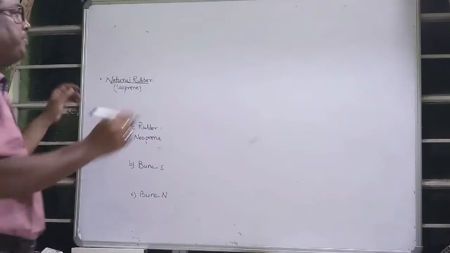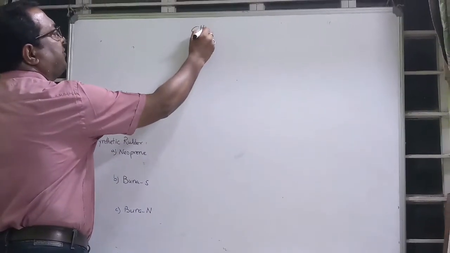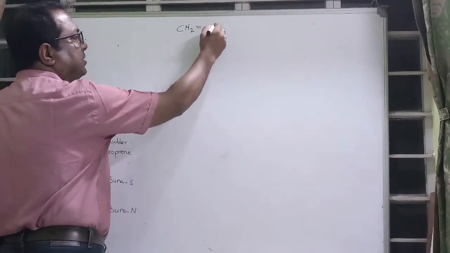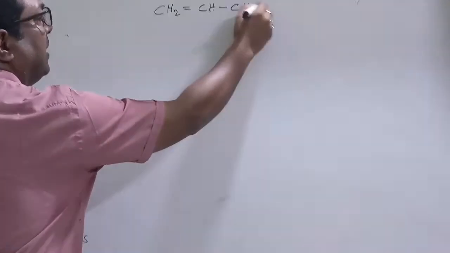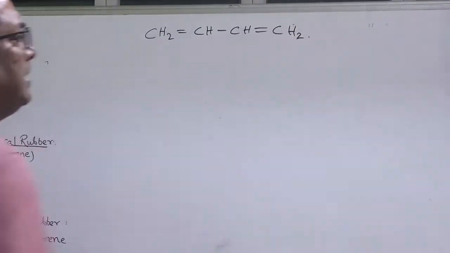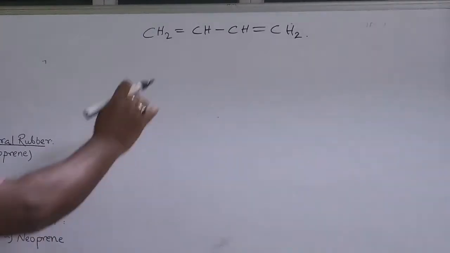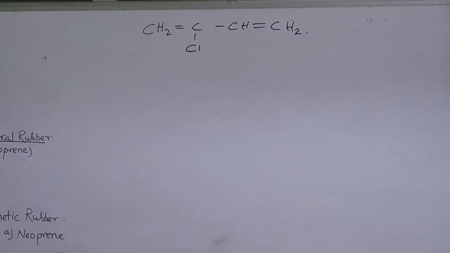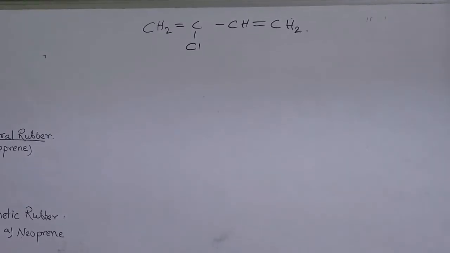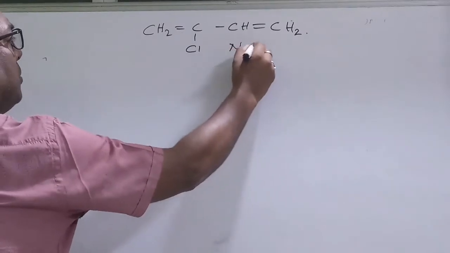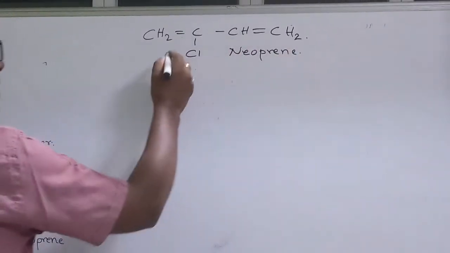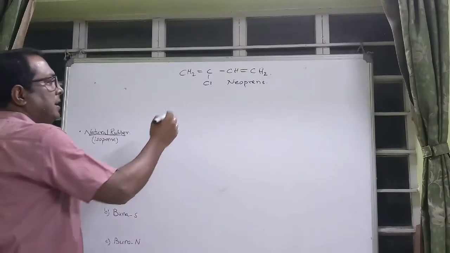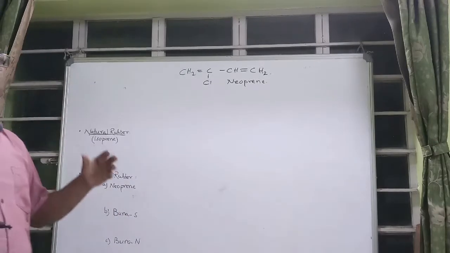One is about the neoprene. I will again draw the structure of isoprene, or better I say 1,3-butadiene. This is again 1,3-butadiene. When this hydrogen is replaced by chlorine, it is called neoprene. N-E-O-P-R-E-N-E, neoprene. And this neoprene, when you go for polymerizing effect, remember in this case also we have to use